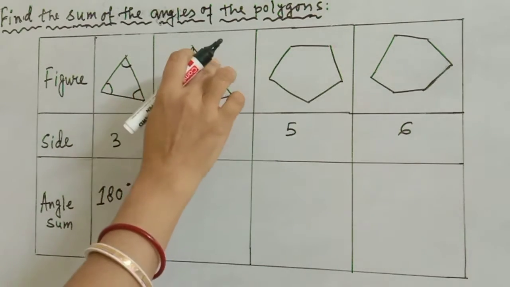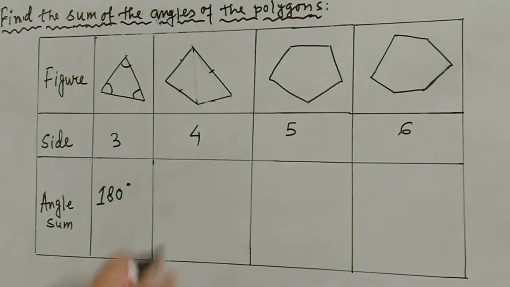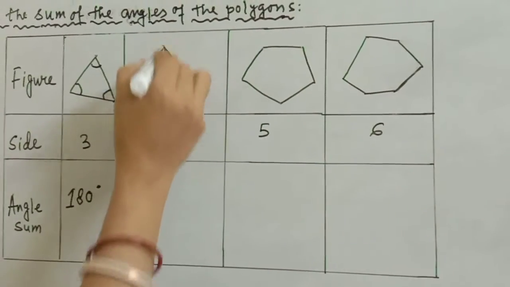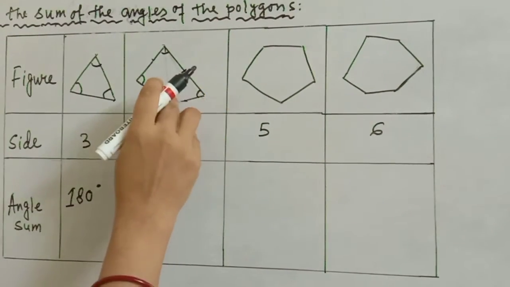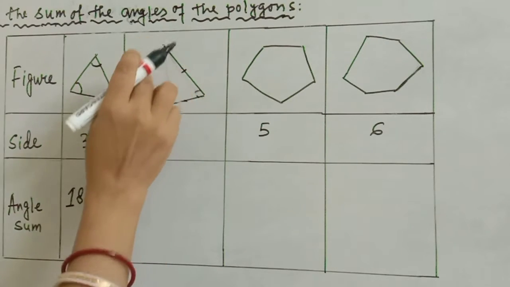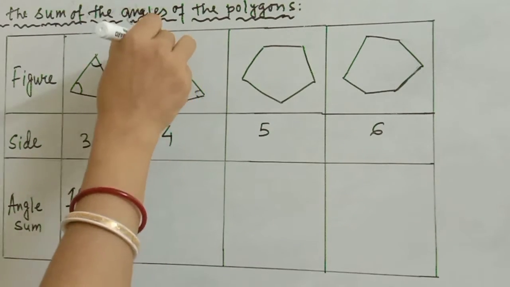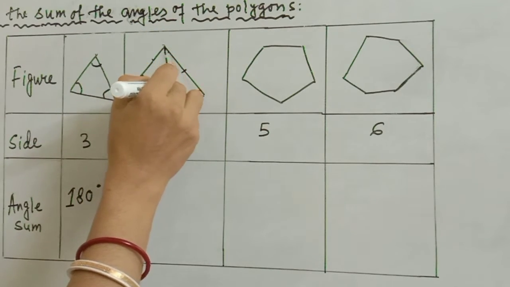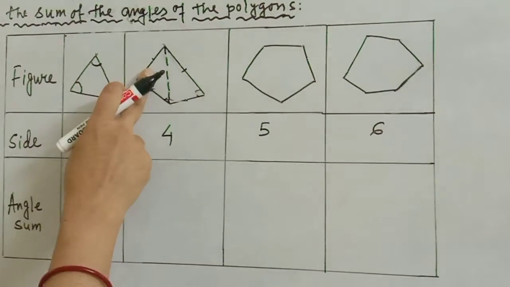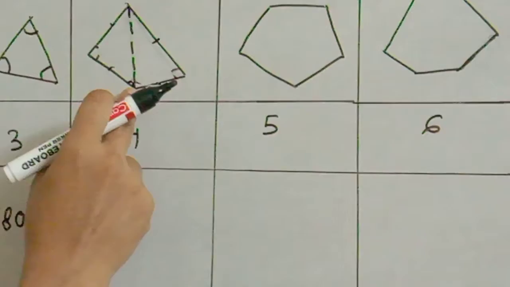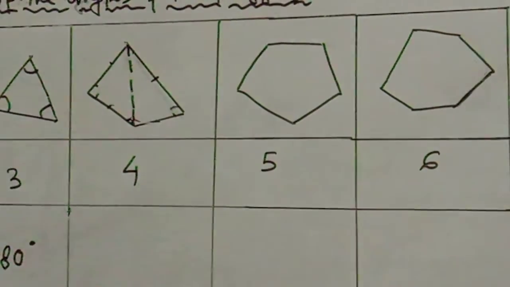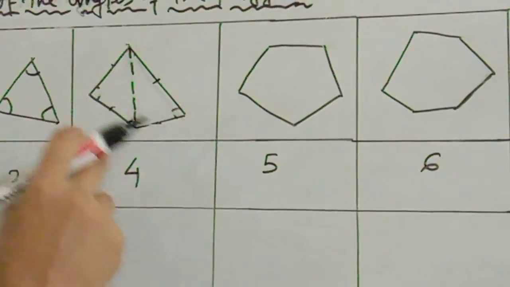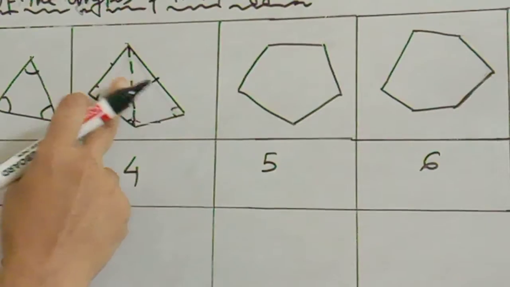A four-sided polygon is known as a quadrilateral. So you have to find the interior angle sum of the polygon. How can you find the sum of the angles of the polygon? First you have to select any vertex, and from this vertex you have to draw the triangles. How many triangles can you draw? If I draw this line, then we can see only two complete triangles. If the polygon has 4 sides, then two triangles are formed.